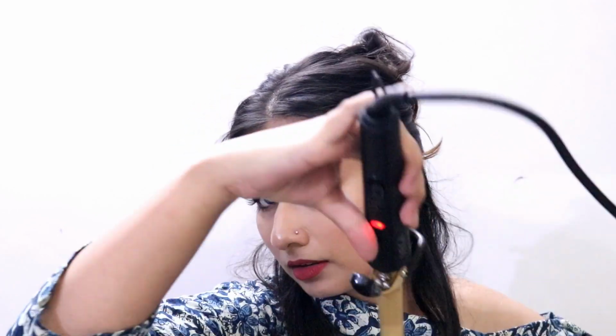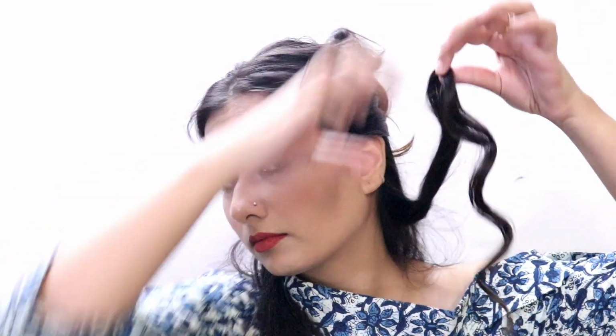I am not really habitual to using it. It's just been a couple of times that I've started using a curling iron. So I've just divided my hair into two sections, the upper and lower section, and then I'm going to divide the lower section into two further sections. And then I'm just going to take simple thin strands, and wrap them around the curler and just feel the temperature and keep it for like 10 to 12 seconds, and yeah, there you go,